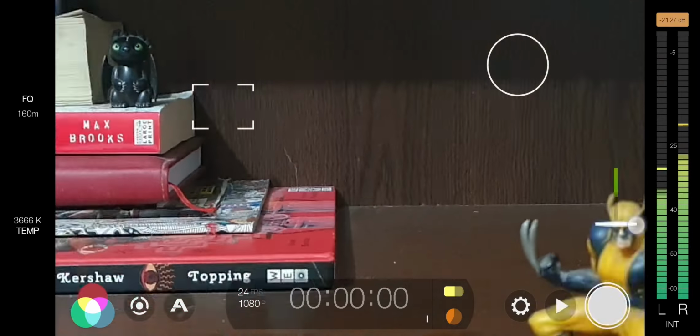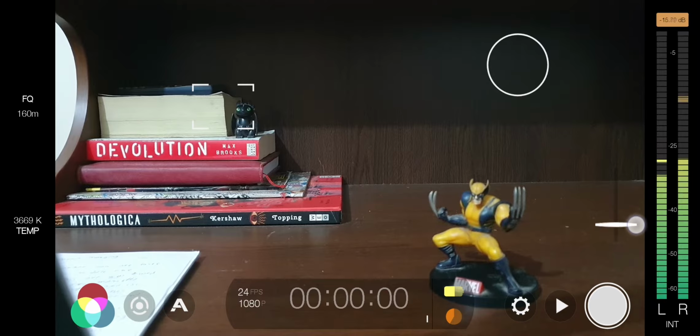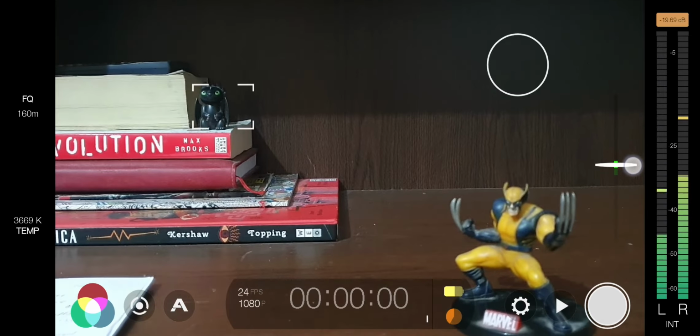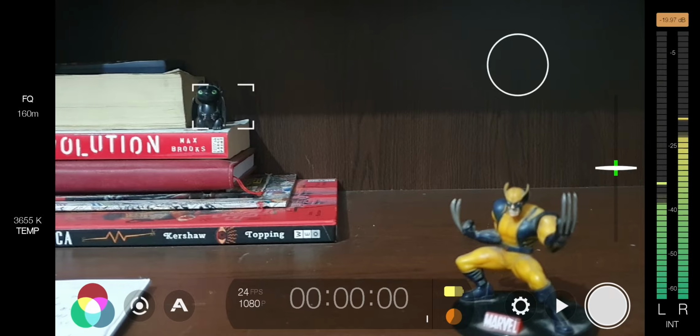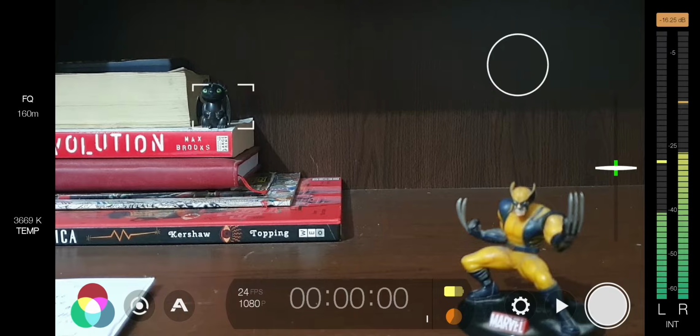If I go this way, and it shows me the green one, yeah, that means my zoom is correct. So this is another very cool feature. So you can easily adjust your zoom on your video. So I like it a lot.